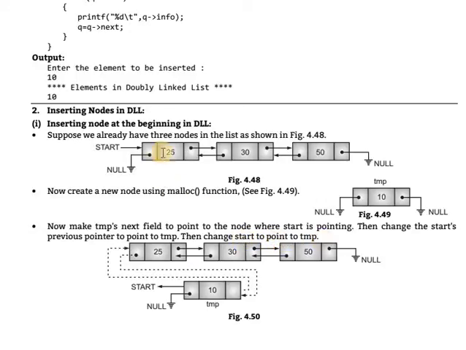In short, first this list is there. You add the node at the beginning, so the temporary value 10 is stored, and it will be added before 25. Temp's next is connected to start, and start's previous is connected to temp. And this temp is considered the start, meaning it is automatically connected to the existing list. It is connected to the existing list, and it is considered the start.